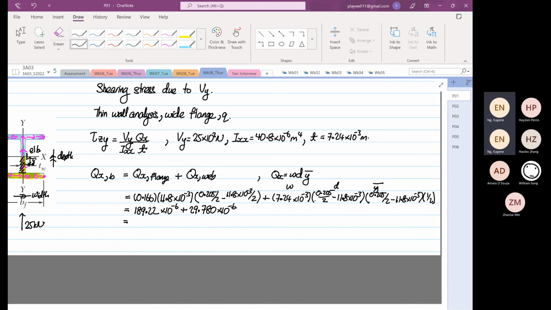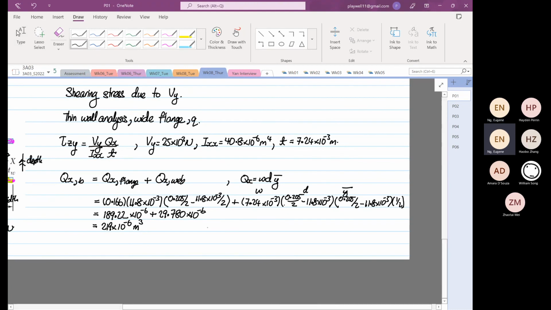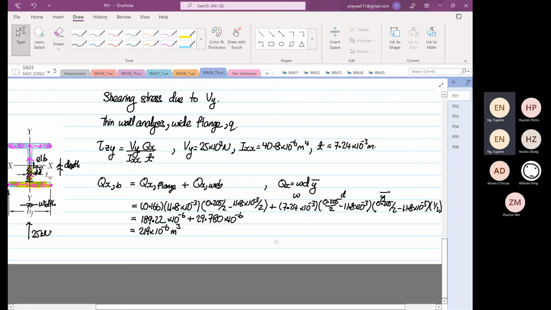So the first moment of area is 189.22 plus 39.78, which is equal to 219 times 10 to the power minus 6 meter cube. So therefore, I'm just going to write down here. Okay, so therefore